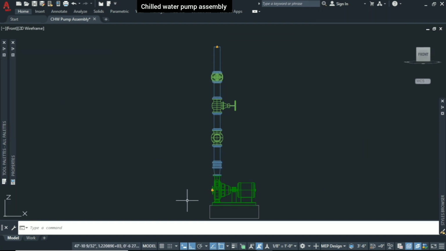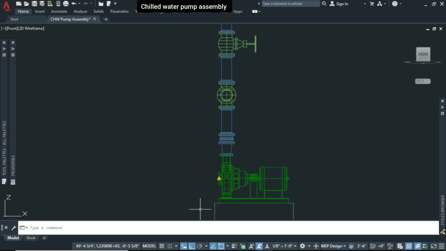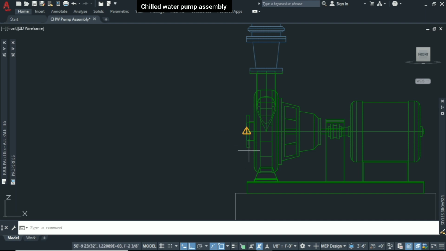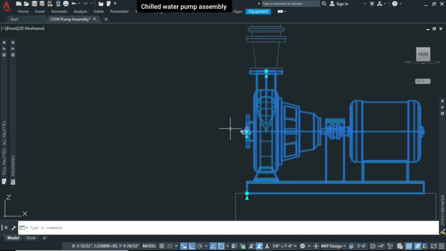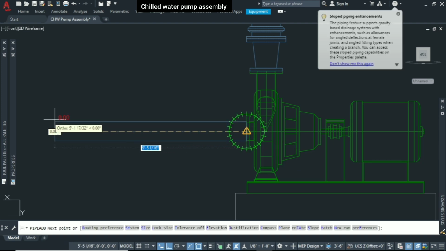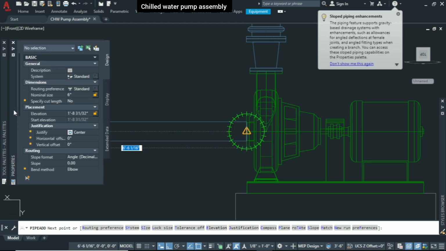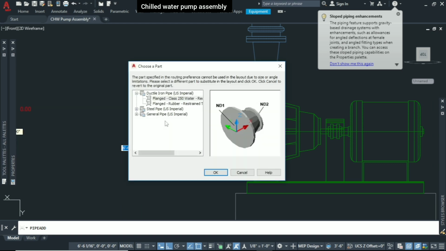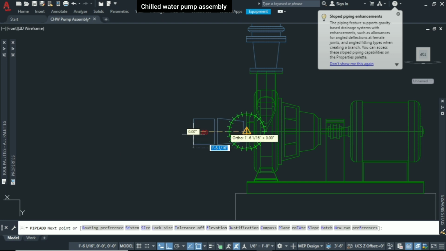We'll start the piping for the suction side of the pump. So for that we have to just select the pump and then bring the cursor on the plus sign, add pipe, and here we have to add again the 8 inch size of the pipe. So the connection of the pump is 6 inches. We have to change this one to 8 inches. Once we change the size from 6 to 8 inches, automatically the software will ask to add a reducer in between. So we have to select the reducer, click OK, it's added.